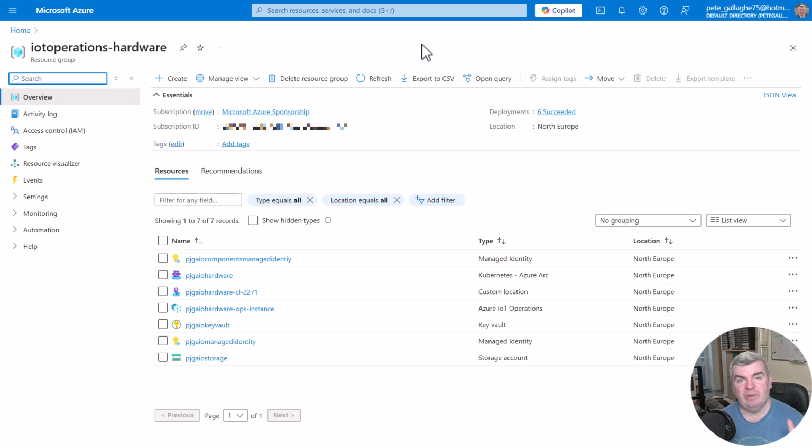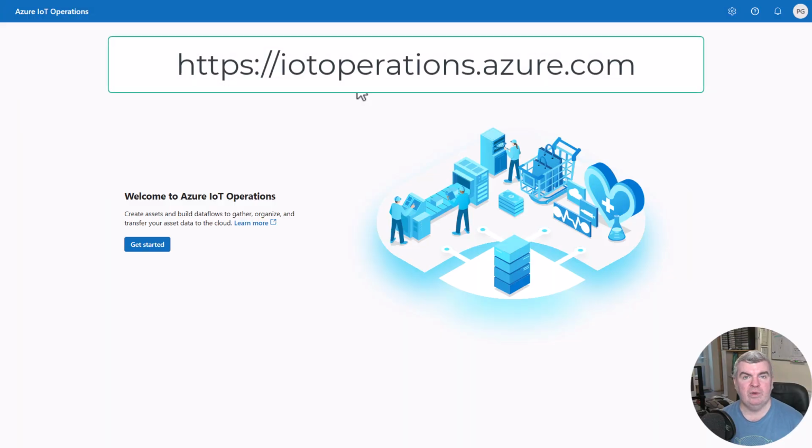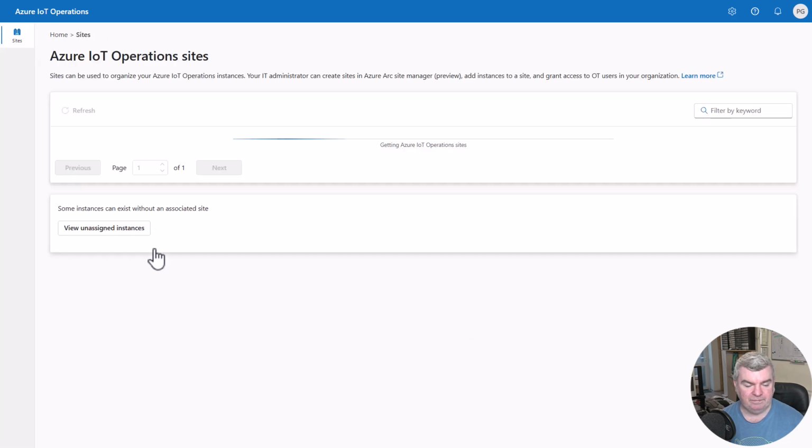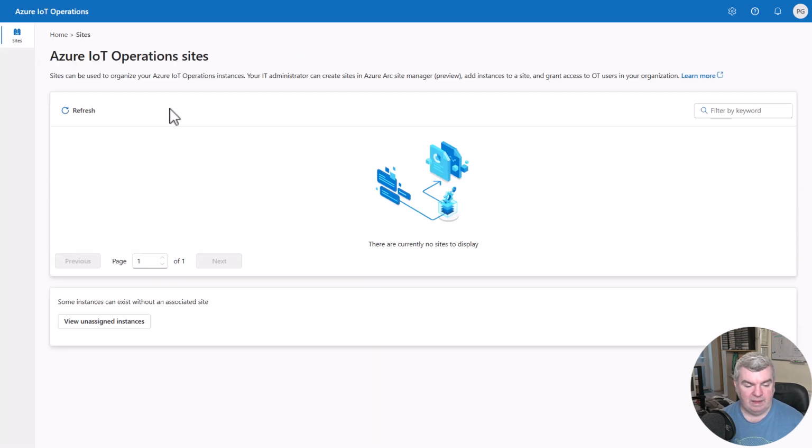We can actually go to the experience portal now and have a look there and see if we can see our cluster and IoT operations appearing in that. And so if you go to iotoperations.azure.com, then you'll reach the IoT operations experience portal. And we can hit the get started button here. And at this point, unless you've named your site, then you won't see anything on this page. But if you click the View Unassigned Instances button,